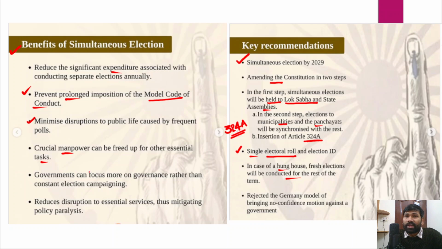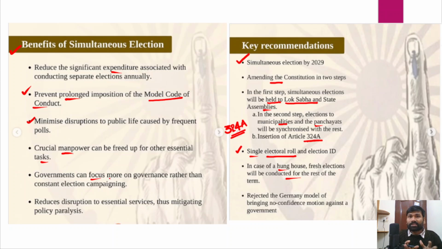And you also need the administrative staff. So frequently we need to divert the administrative staff from other departments and also the security forces, and that's where it has been creating problem. Regularly deploying these staff from different departments to election duties has also been impacting the performance and efficiency of those organizations or departments. And apart from that,